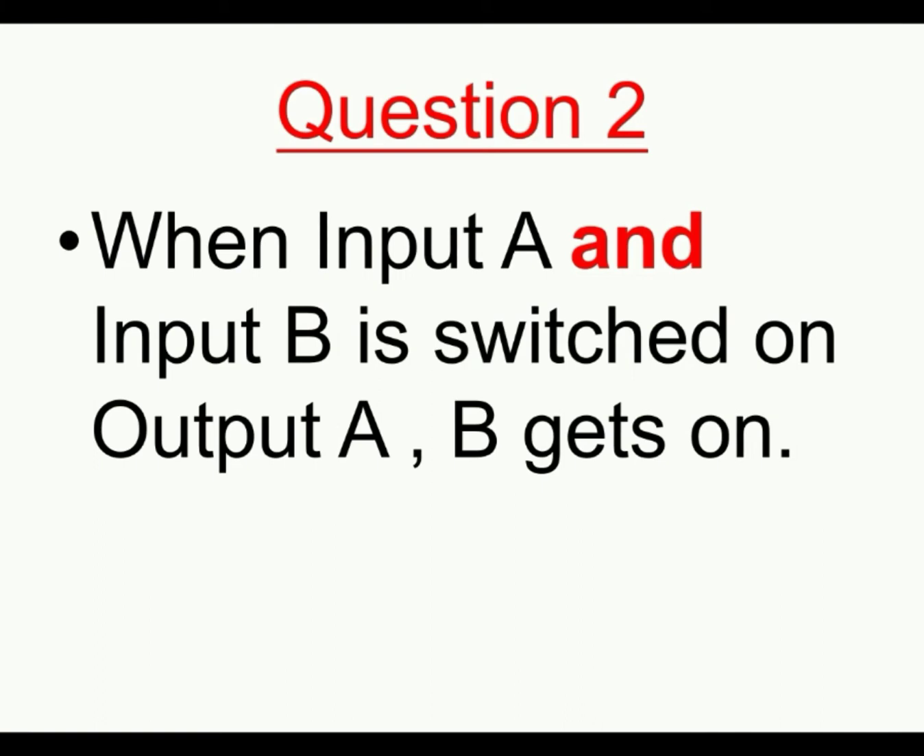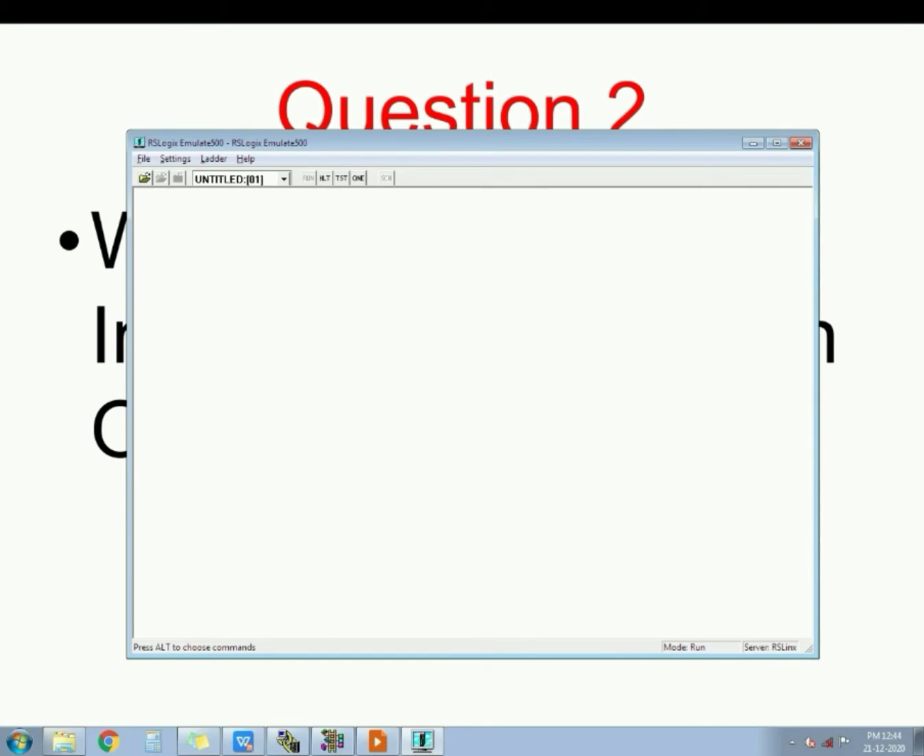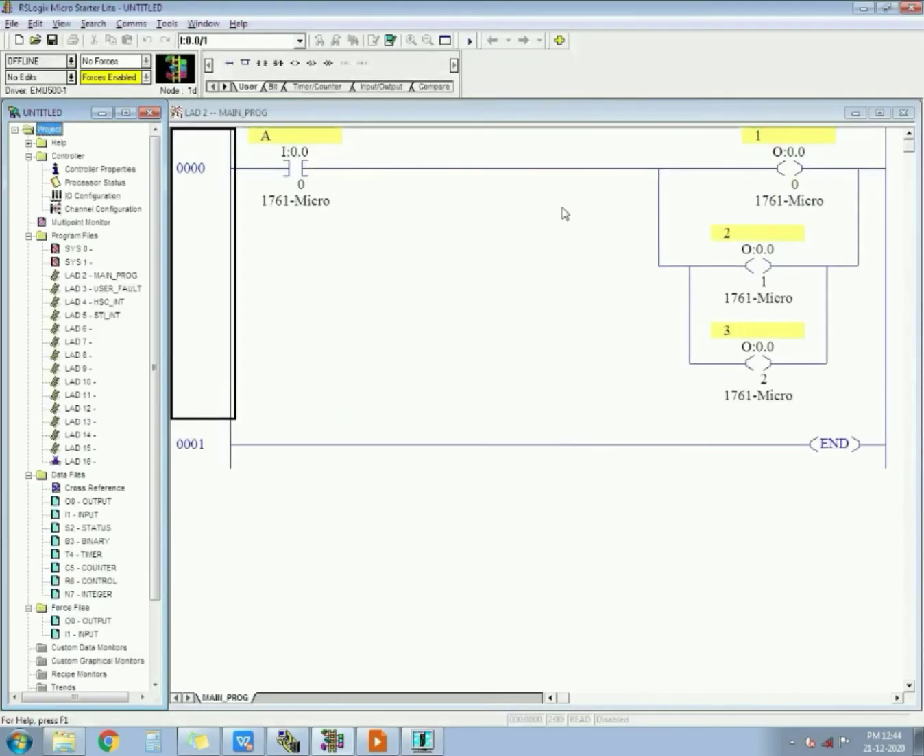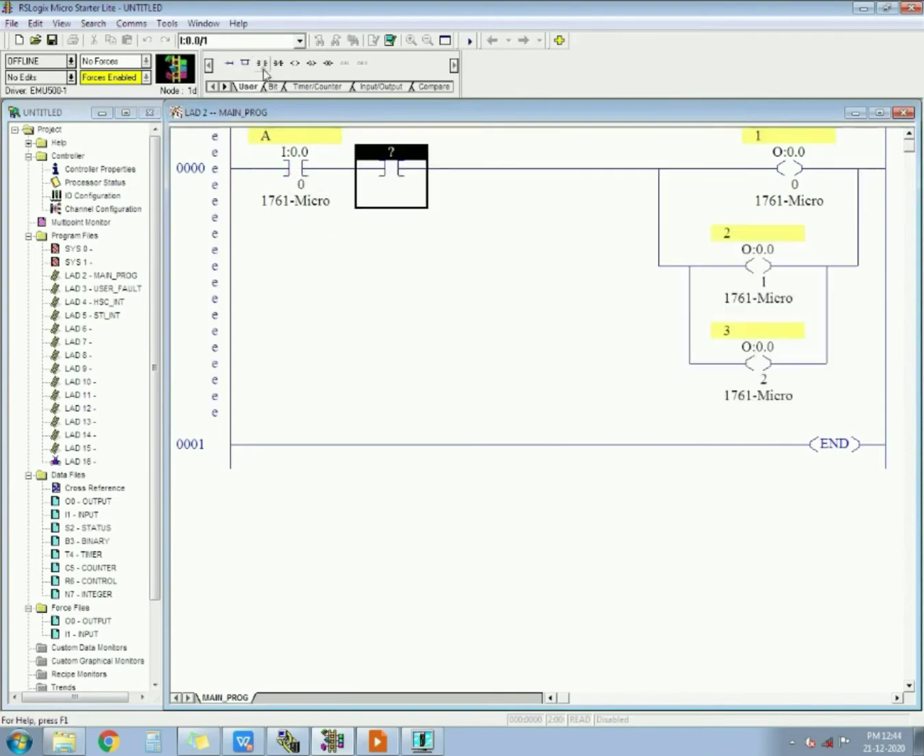In AND gate I have told you that you have to connect it in series. So I will go to the program again. Okay, so this is our program. What I have to do is I have two inputs. I will take another input. This is file type I, file number